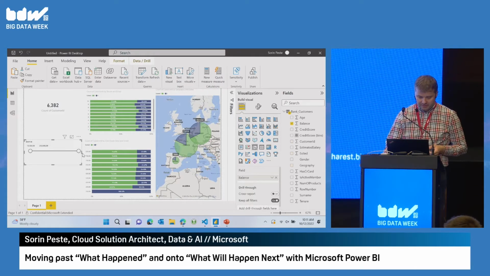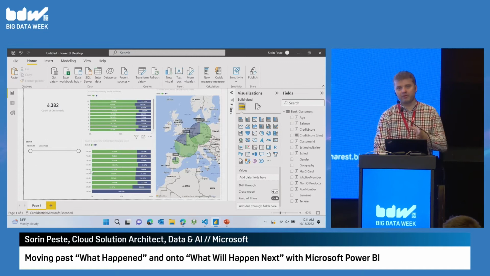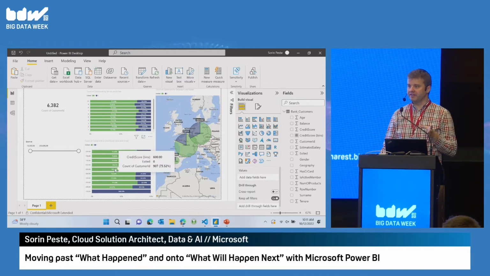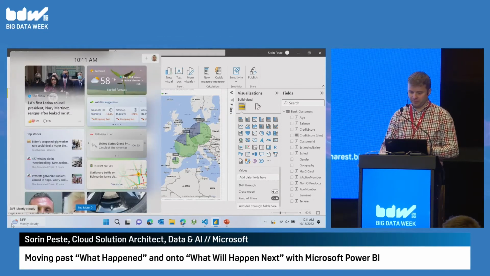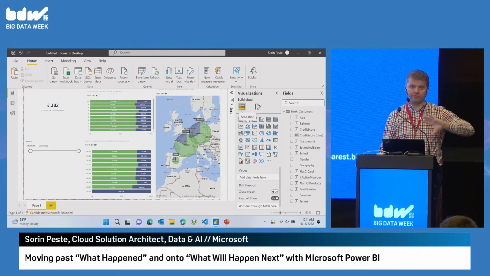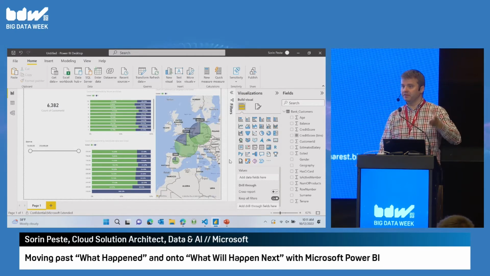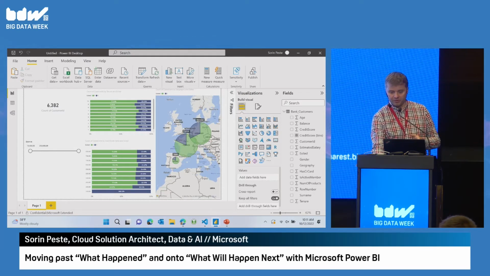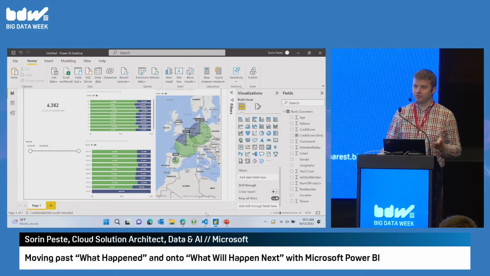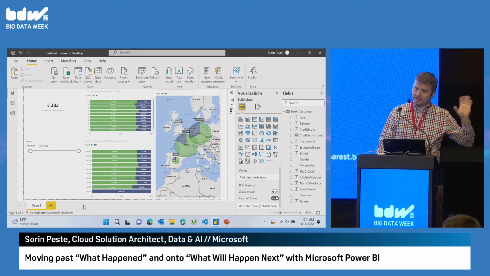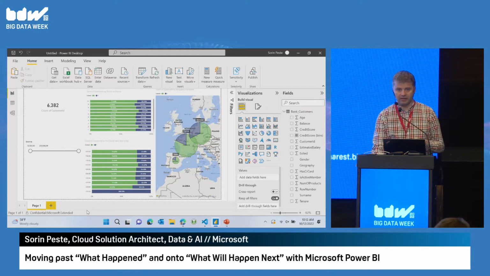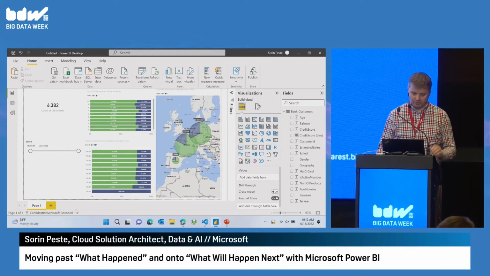Okay, so I mean, I can do a bunch of other stuff, but Power BI can actually do this "what happened" part really well. There are a lot of built-in visuals. There are a lot of third-party visuals in the marketplace. You can build your own visuals with JavaScript, Python, R, pretty much everything that you want to do, you can do in your report to make them tell the story that you want. Okay, so that's the what, right? This is all pretty standard for, I think, BI tools nowadays.